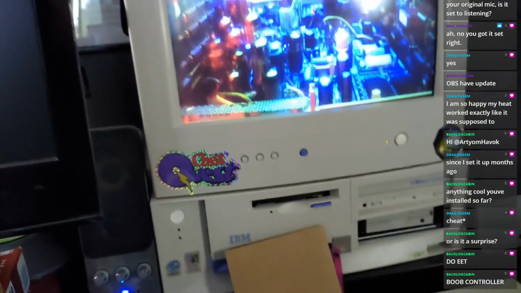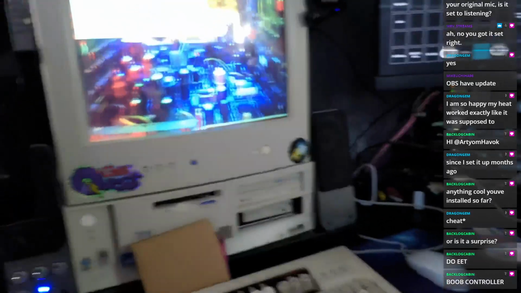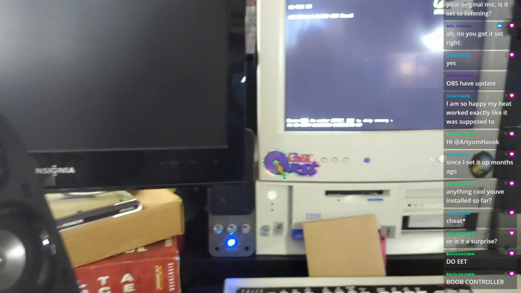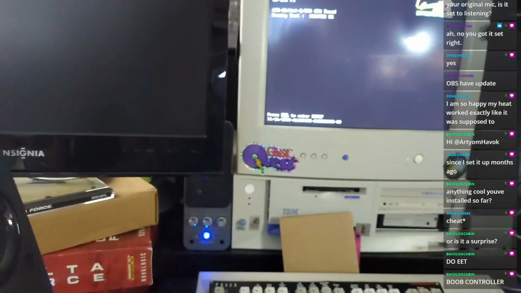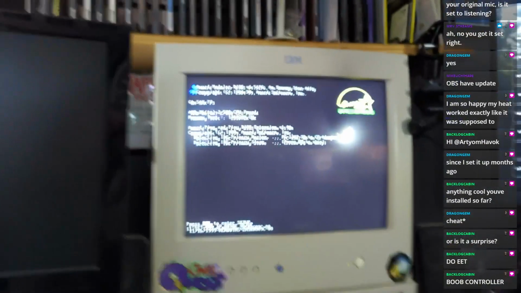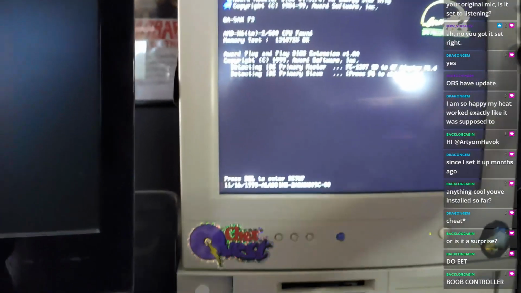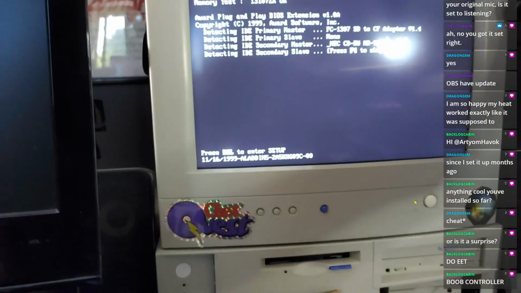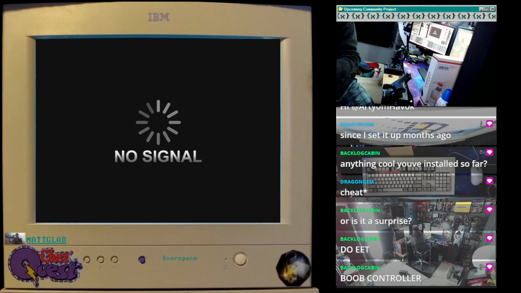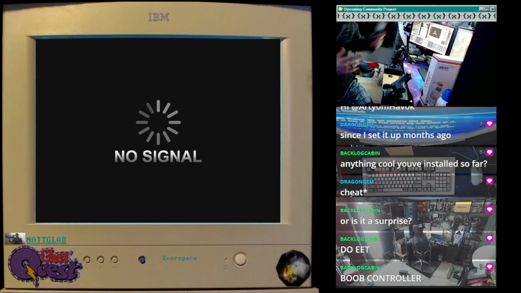Here we go. Alright, so it's kind of freaking out because it had the wrong thing on it. I gotta restart it here. Hang on. I hate hitting the reset key, but you know what? It's fine because it's running off a solid-state hard drive, so the chances of getting damaged or anything like that are pretty slim. There we go. This machine is really freaking cool.